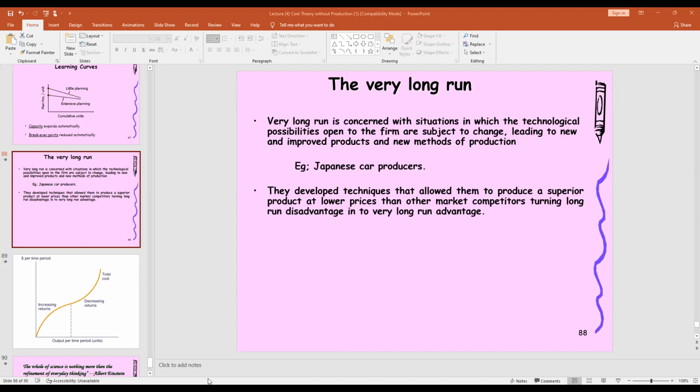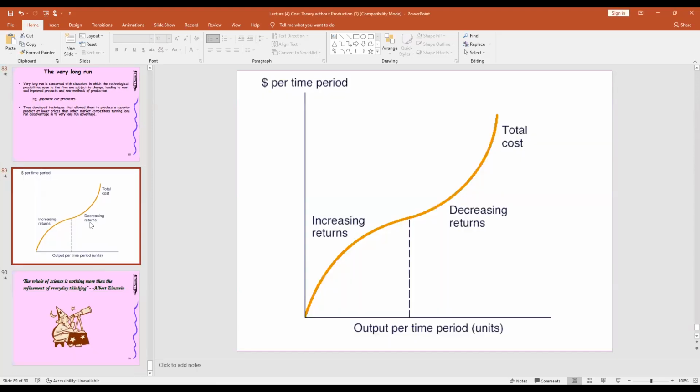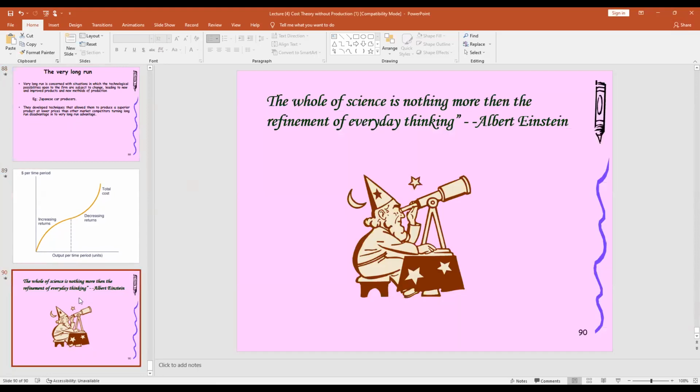So this is human behavior. Whatever happens, they will not give up. That is human nature. That is why human development happens like this. So in the long run, everything can be changed. So this is the end of our cost calculation presentations. But here, Albert Einstein said the whole of science is nothing more than the refinement of everyday